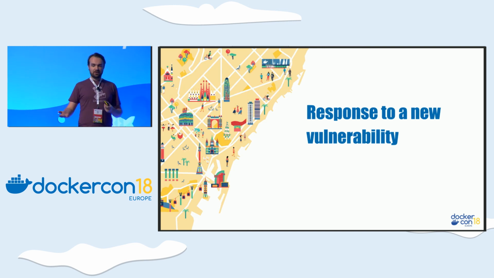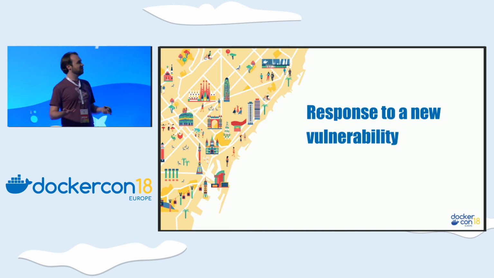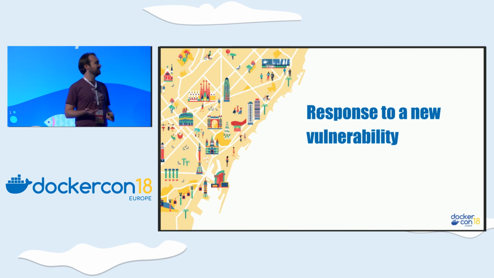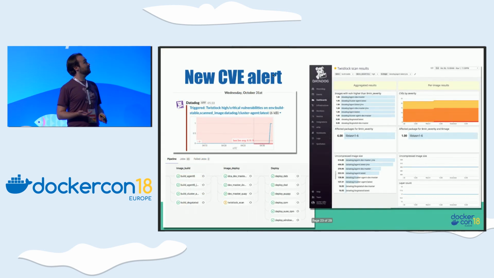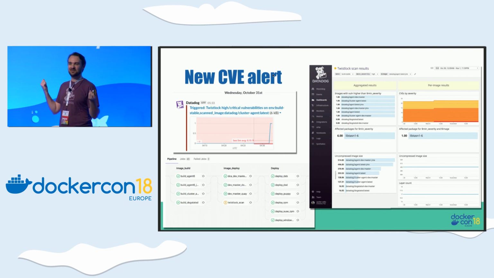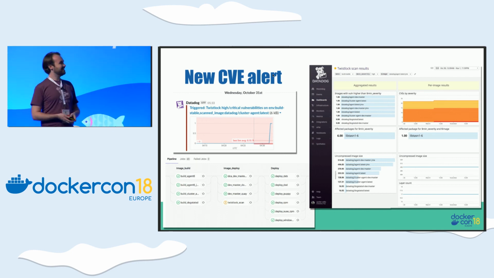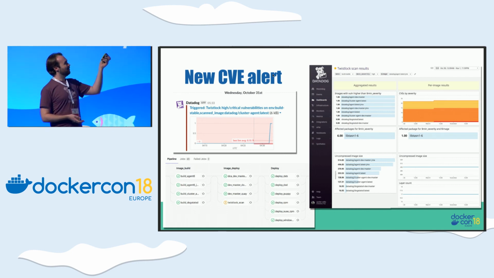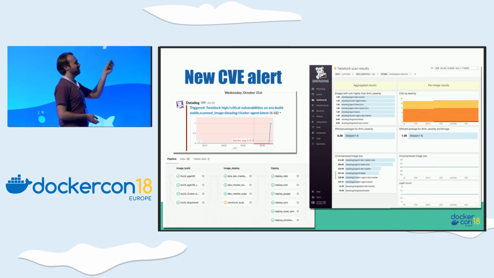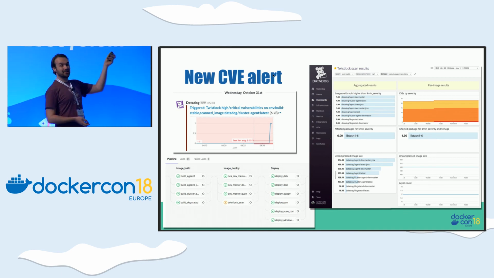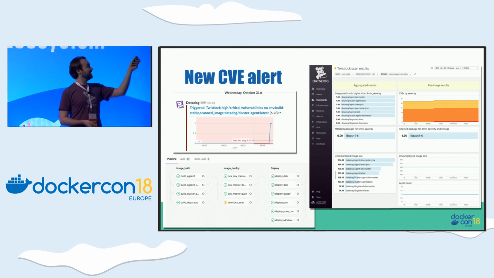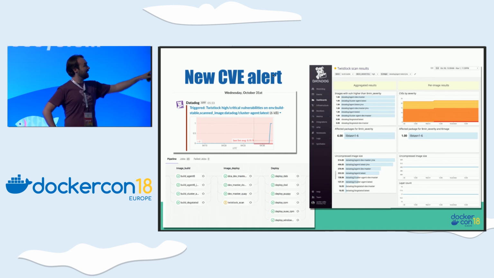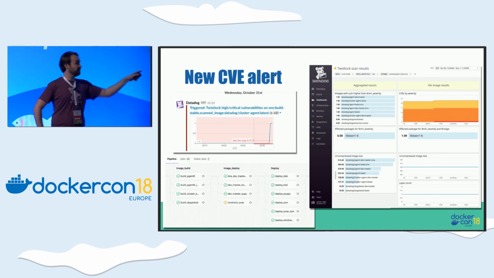So I was preparing this talk, saying, okay, how can I show how good it is actually? And October 31st, yeehaw, I got a vulnerability, so I can take screenshots. So on October 31st, a new vulnerability is published on libtasn1. I got a Slack alert. I got the Slack alert from the registry scan. I got my CI failing, soft failing.